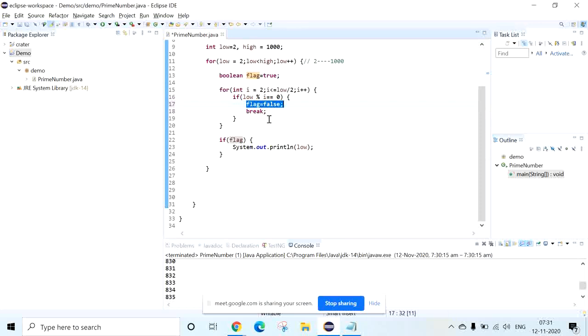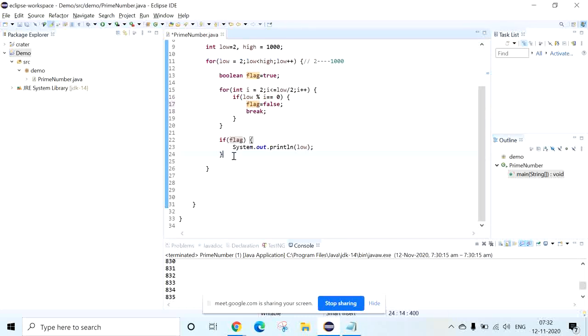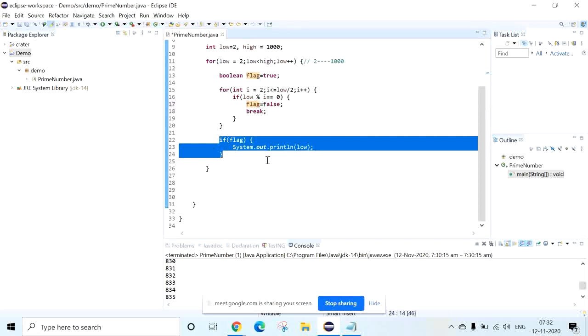Use of flag. Actually, here if low equal to 0 only, it will enter into this, right? Otherwise it will not go into that step, right? Which one? The 16th line. Okay. Low modulo 2 equal to 0 means when it is divided by 2, if we get the value as 0, then it will go into it. But this if condition is inside the outer for loop. You see here. This if condition is inside the outer for loop, so each and every time this if condition is going to be executed.